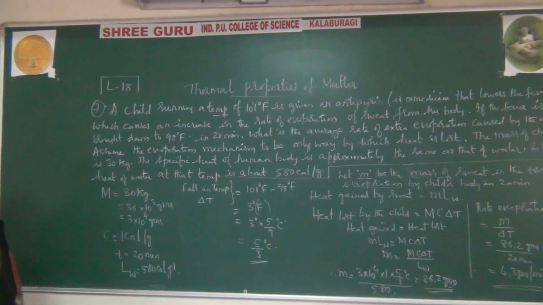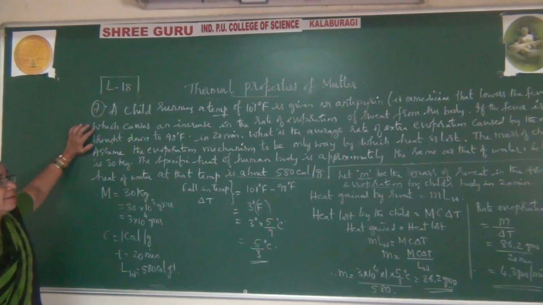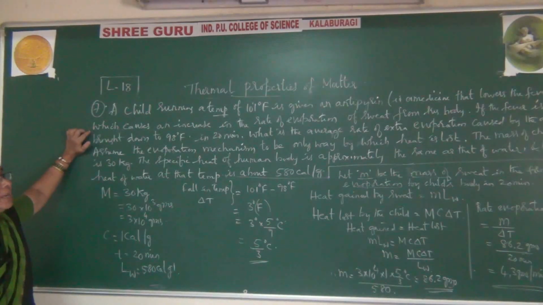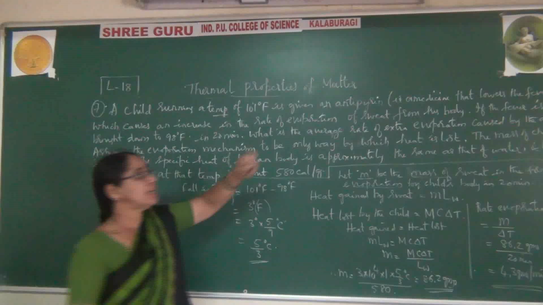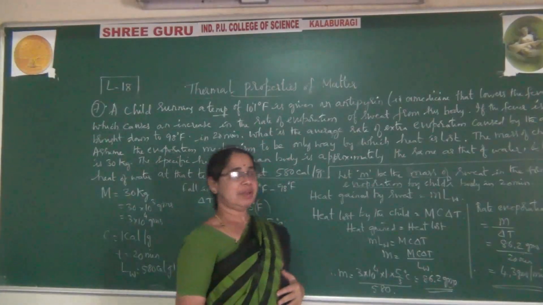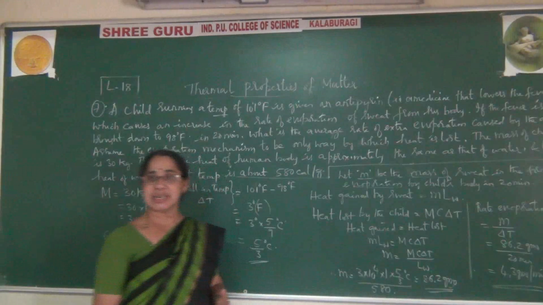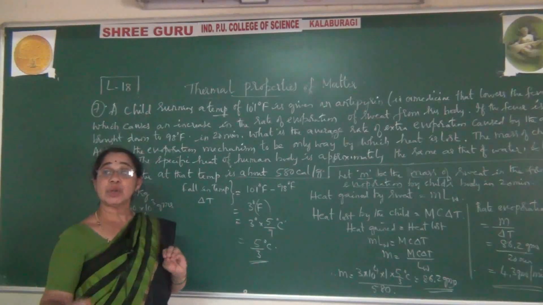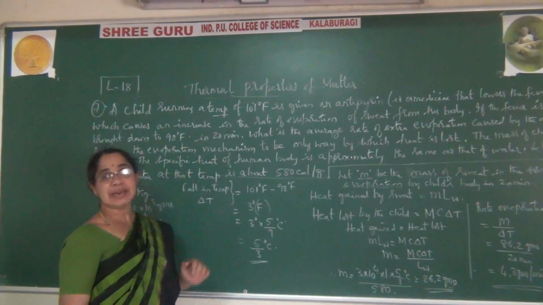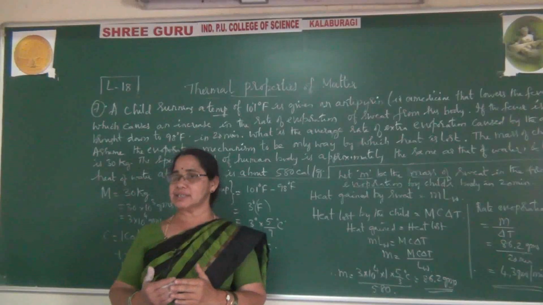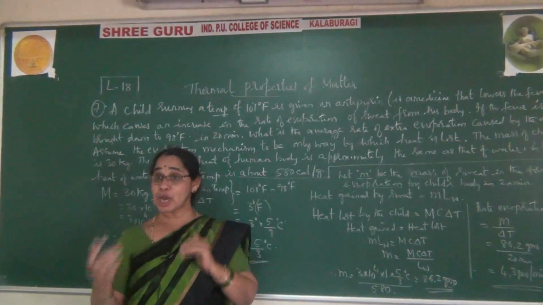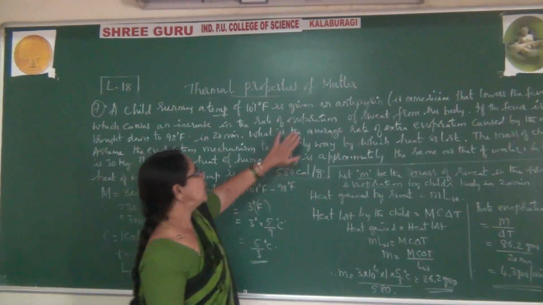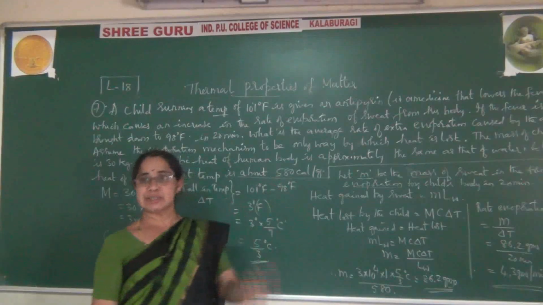So please observe, in this problem they have given a child's fever which is running at 101 degrees Fahrenheit, and to avoid this they have given one medicine, an antiviral, which lowers the fever. As and when they give this drug, what happens? The temperature is reduced to 98 degrees Fahrenheit within 20 minutes. But as the temperature decreases, what happens to the heat? Heat is lost in the form of sweat. Evaporation of sweat has taken place from the child's body.